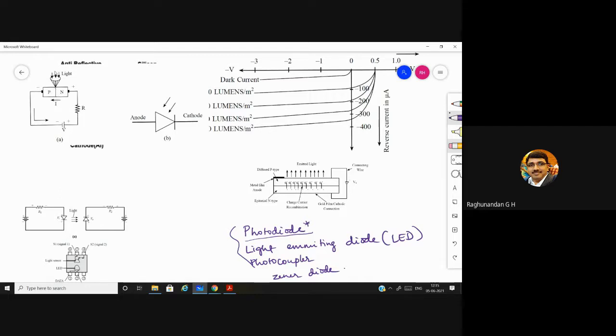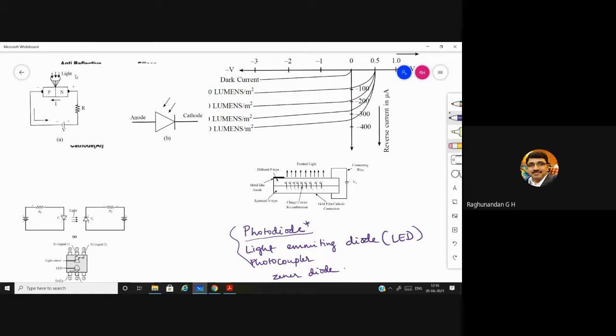Here in the working of a photodiode, the light which you want to convert into electrical energy will be concentrated over the depletion region. And you know that whenever a diode is reverse biased, the depletion region will be narrow or wide? Wide, right? Also, in the depletion region we will have some amount of charges which have got stuck in the junction, because while moving across the junction, suddenly when we reverse bias it, some of the charges have got stuck in the junction.